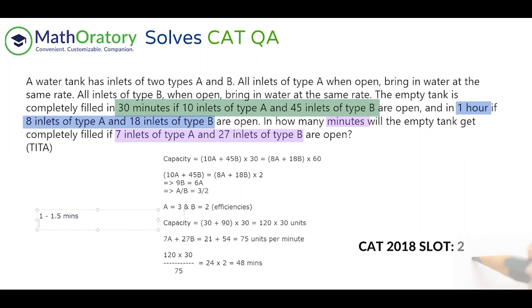This is definitely a round one question. If you have experienced this type, all our students should have done this in round one. If you haven't, be ready to get a thrashing from me, not literally. But yes, this should have been done by all of our students in round one because we have discussed this type in classes itself. It's a very basic type, and we have done a lot of advanced ideas on the basis of this.